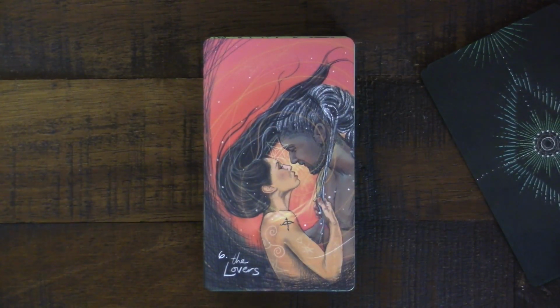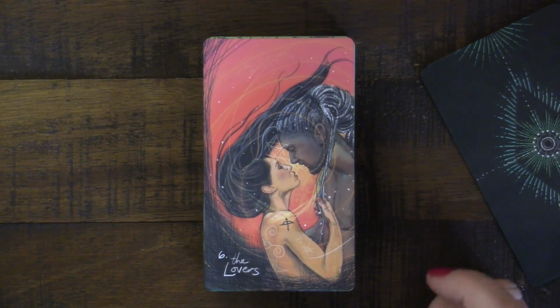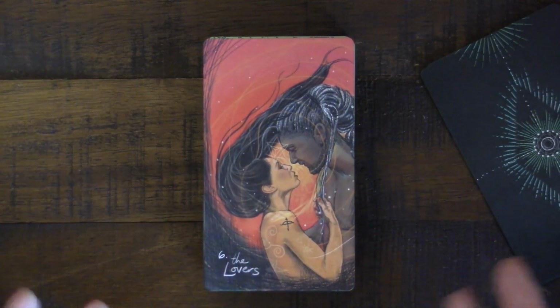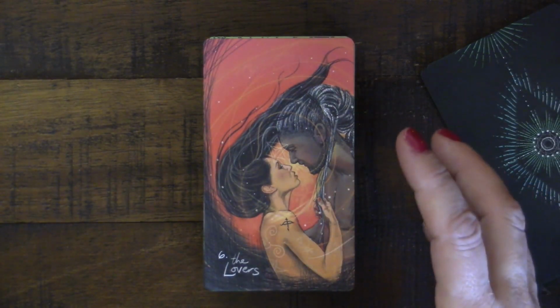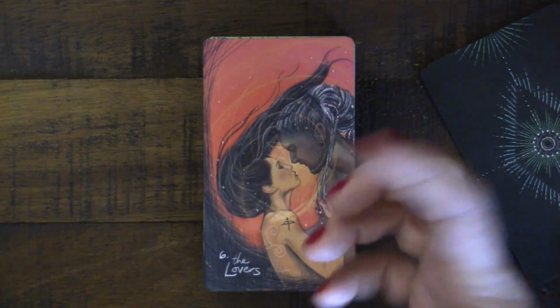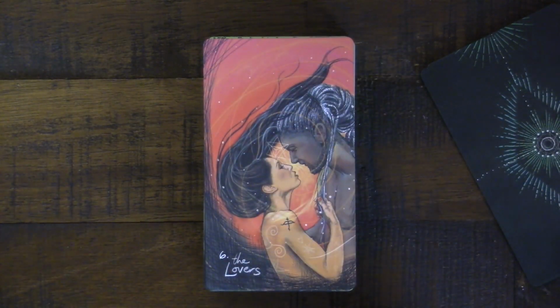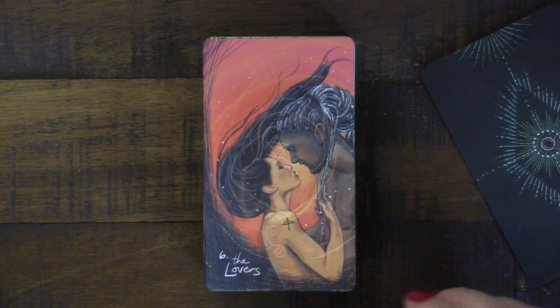Here we have the Lovers card, very sexy, very passion-filled. I like that she's tugging his hair. I mean, it's a very passionate Lovers card. Now, I like that there's at least 3 things. We don't have an angel or something like that, but I love this energy behind them and this burst of light in the middle that speaks to the higher self, the conscious self, and the unconscious. I do have 3 things I can tap into. I don't use the Lovers card as about passion and love and things. It's more about making solid choices and decisions, but it is a very passionate Lovers card,